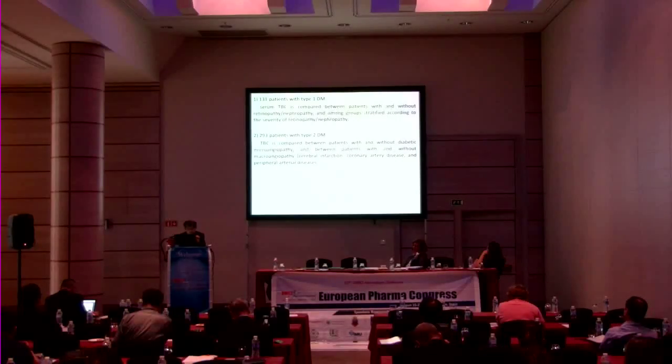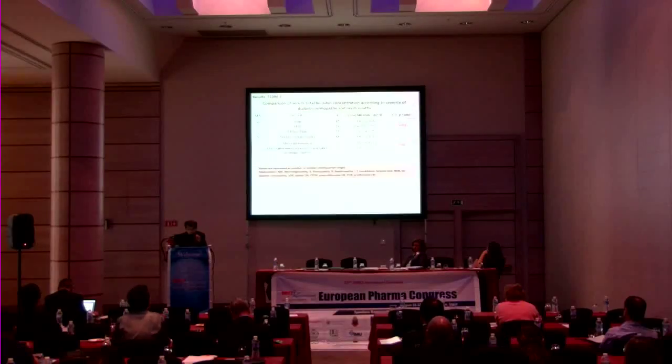and between patients with and without macular angiopathy, that was cerebral infarction, coronary artery disease, and peripheral arterial disease. So this slide shows the comparison of serum total bilirubin concentration according to severity of diabetic retinopathy and nephropathy of type 1 diabetes. So the bilirubin concentration of the patients without